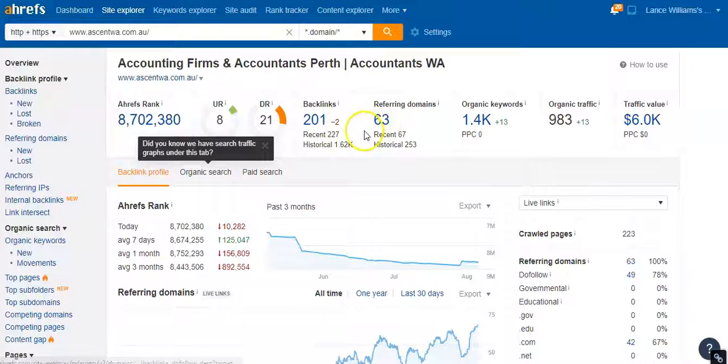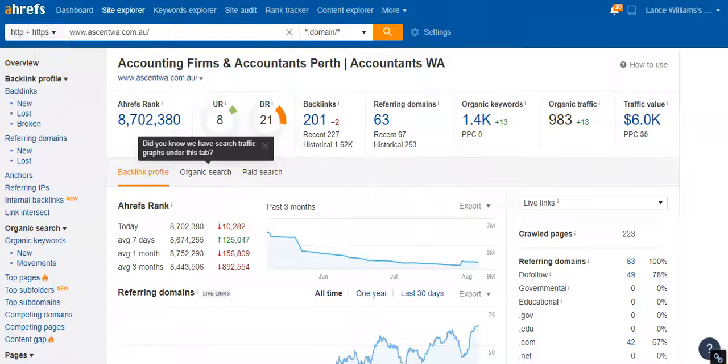So he's only got 200, but his traffic is worth $6,000 a month according to Ahrefs. And he has 1.4 thousand keywords, so he's getting a lot of other traffic to make it relevant.